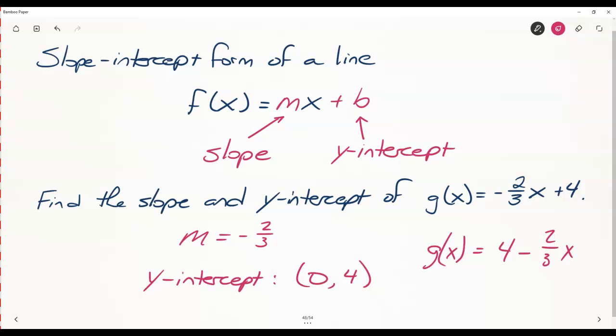You will see this happen on MyMathLab sometimes. So typically, linear functions are written in the form of mx plus b. But 2 plus 3 is the same as 3 plus 2, right? So you can switch numbers around so long as you take the sign with them. So negative 2/3 x plus 4 is the same as 4 minus 2/3 x. So the slope and the y-intercept should be the same. Okay, so that's